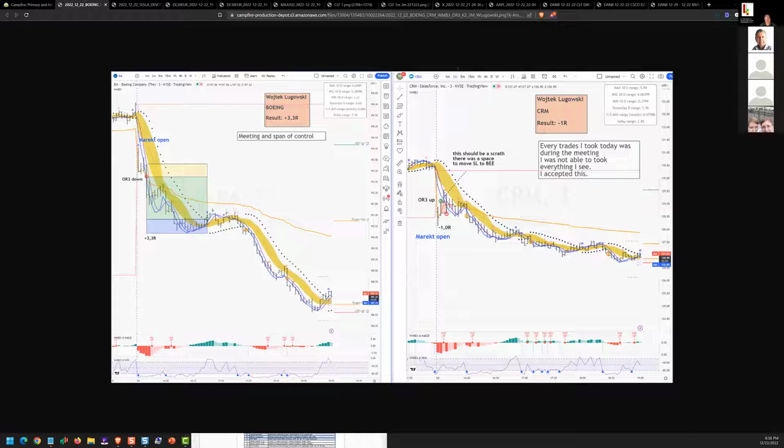All right, his first one is an OR3. Come on. It's not letting me draw. Fine. First trade is an OR3. Doesn't take the second